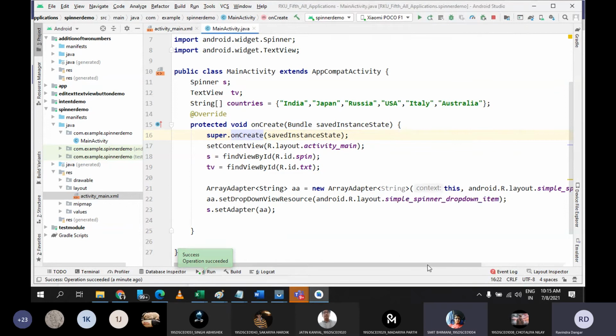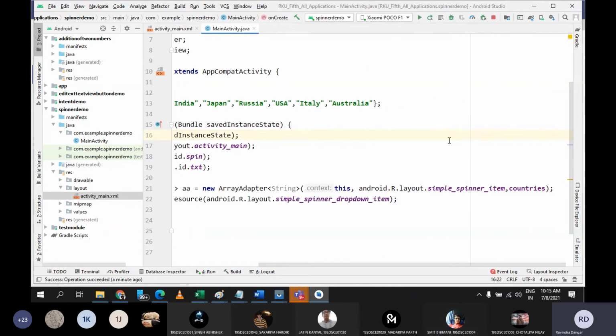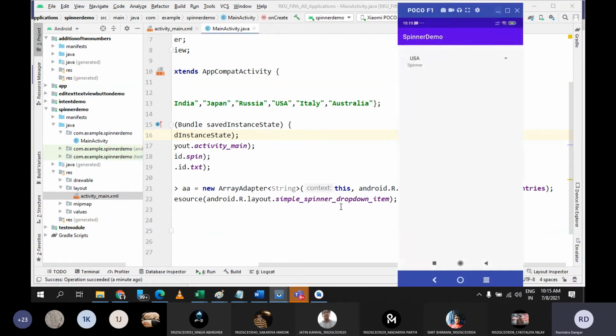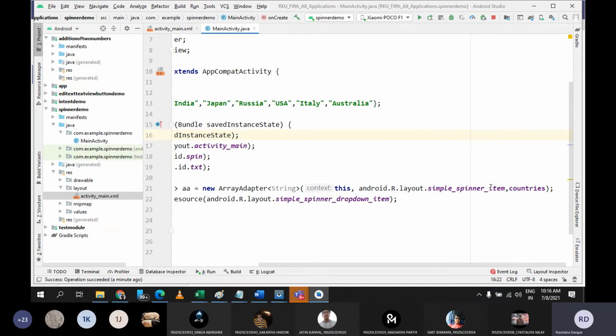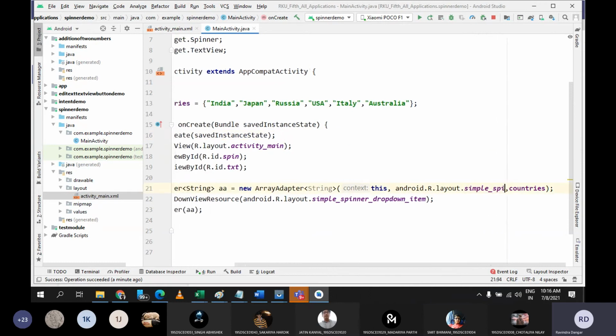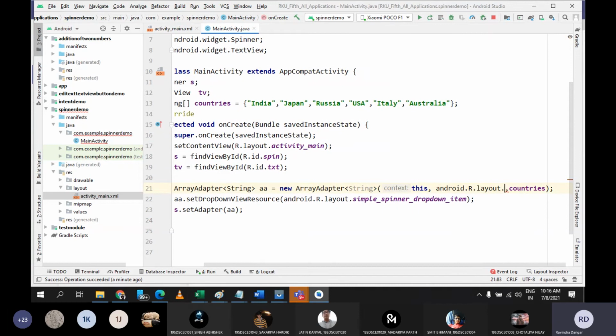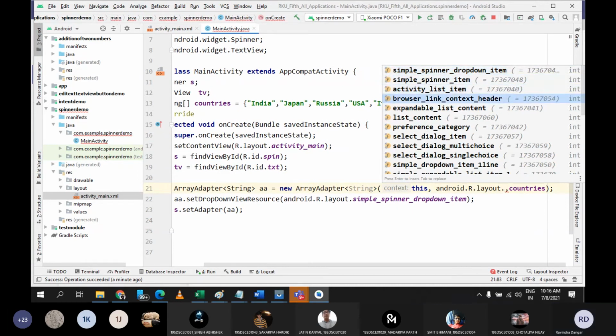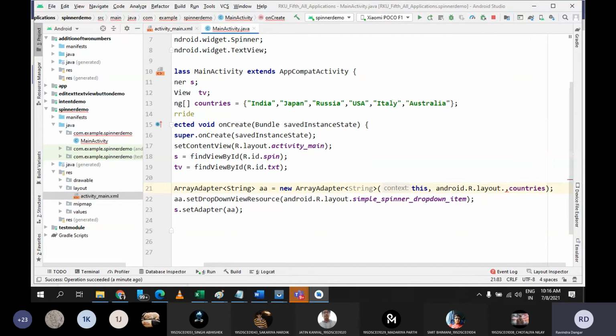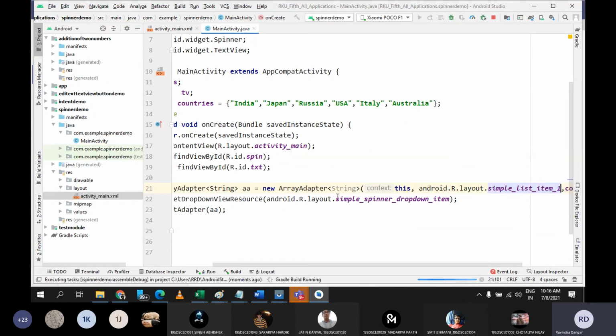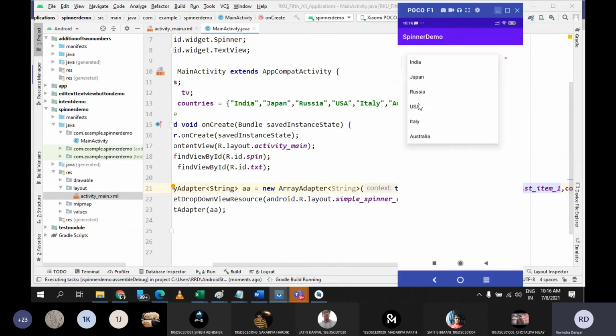Now let me change this pattern so that you will be able to see the minor differences. See, there is no huge difference. As of now, just observe this drop down. यहाँ पे जो आइटम्स के बीच में जो स्पेसिंग है, ये सब आप ऑब्जर्व कर सकते हो, and if you need, you can capture it so that once I change the different pattern, you will be able to see the modification. Now let me go with another item. Instead of simple spinner item, let me go with simple list item 1. Let's run this file one more time. This was the default one.